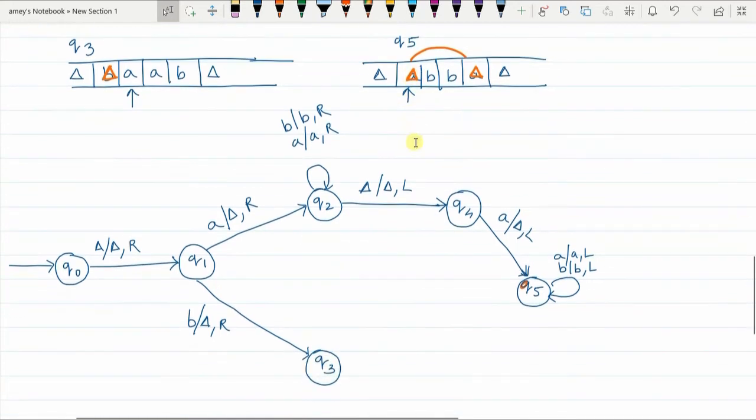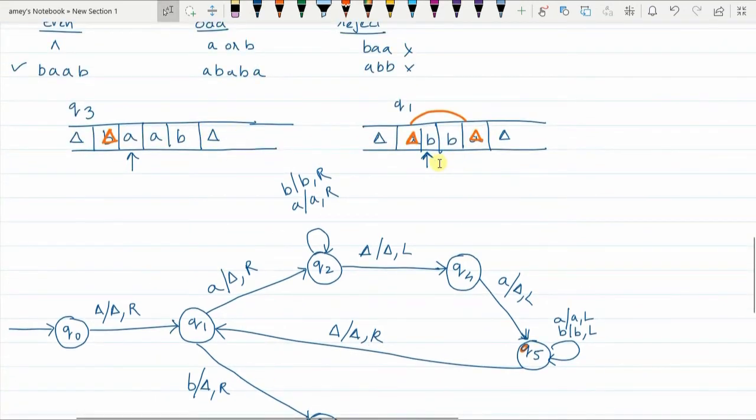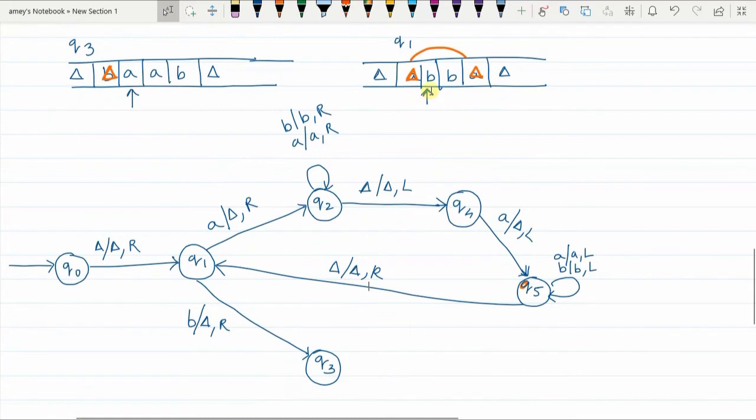So in Q5 state, when delta is encountered, I will replace delta with itself, the pointer is going to move one place to the right, and from Q5 state I will come back to Q1 state. Agreed?